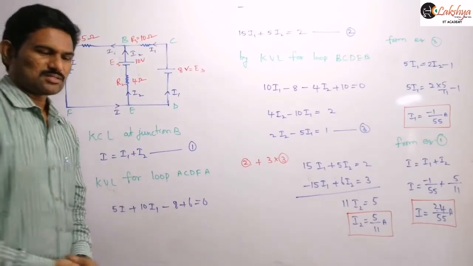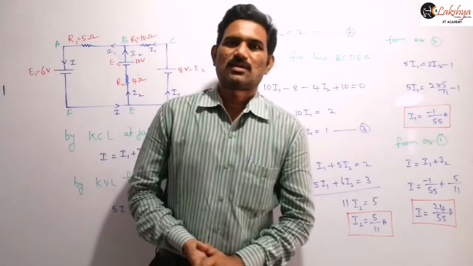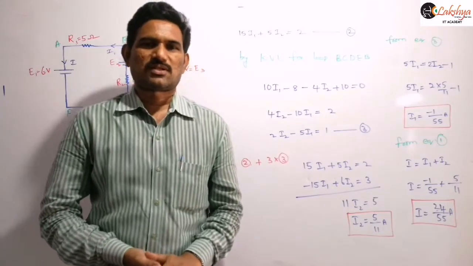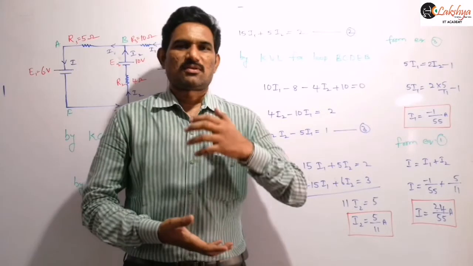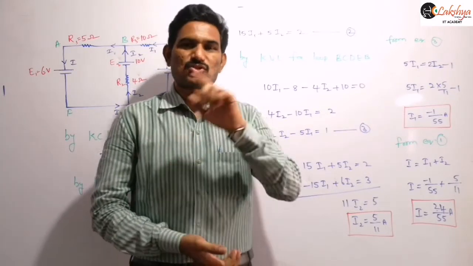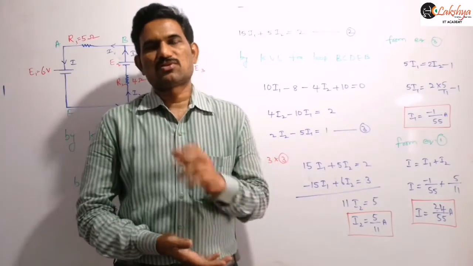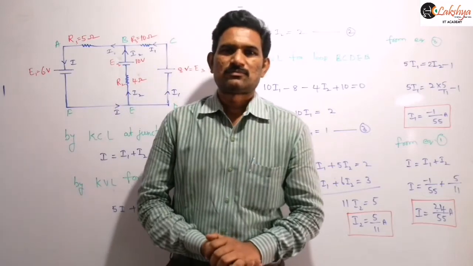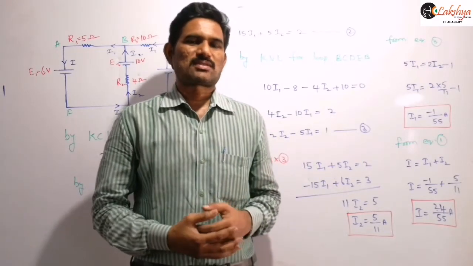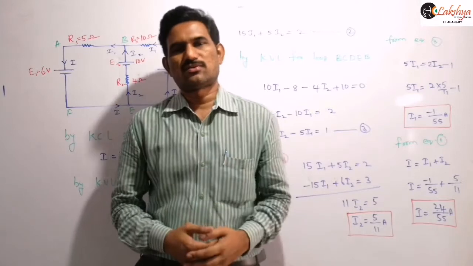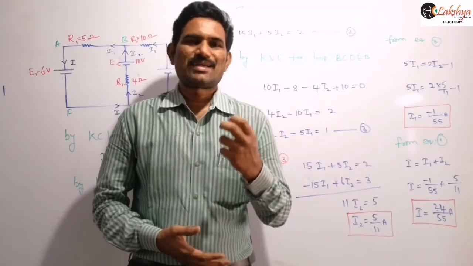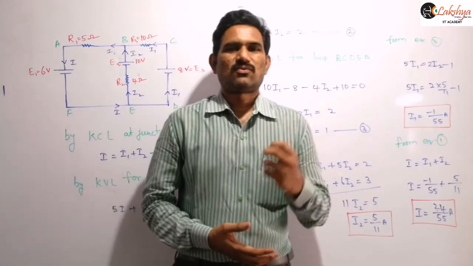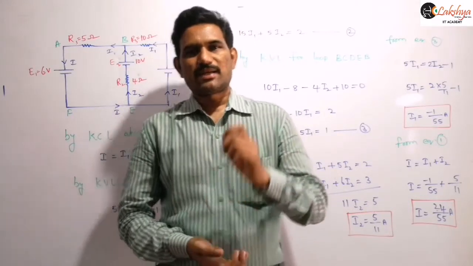Whenever such a circuit is given, in order to apply Kirchhoff's first law, the basic thing we need to consider, that is, the starting point, is the distribution of the currents. We need to assume the distribution of the current, right? As I said in the previous class, the current distribution is your choice. You can take any direction. The only condition is that the first law of Kirchhoff should be valid at any junction.